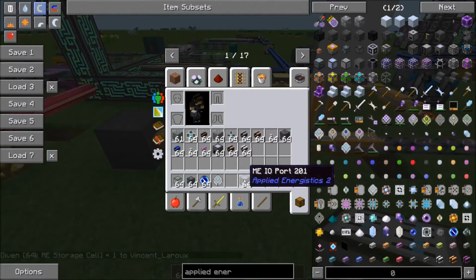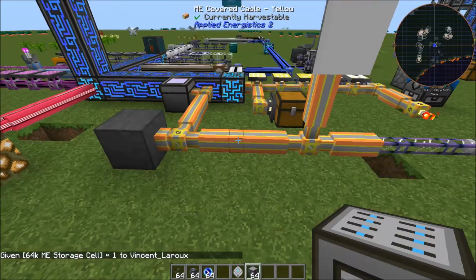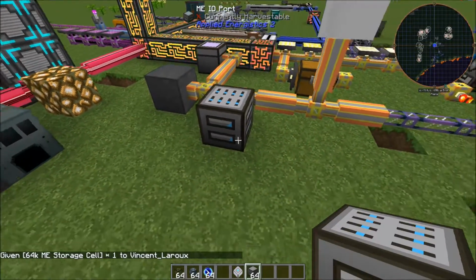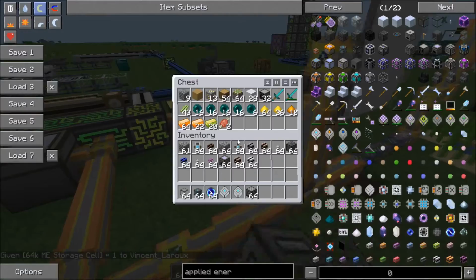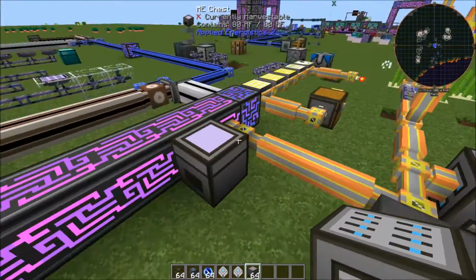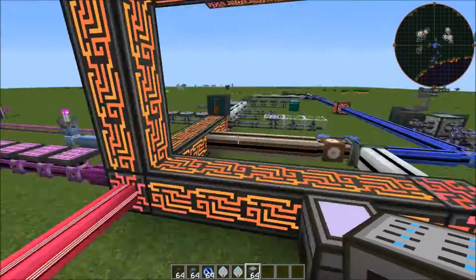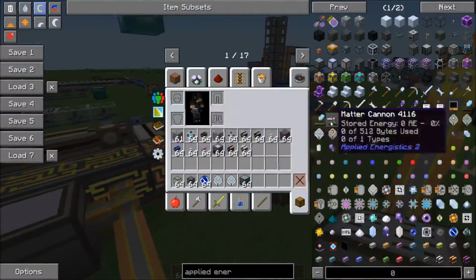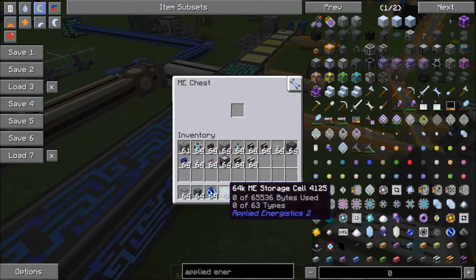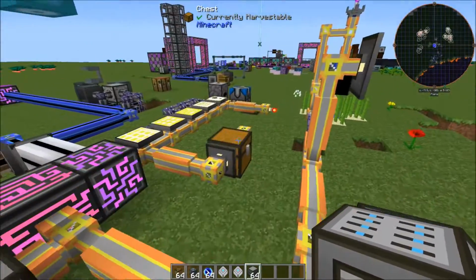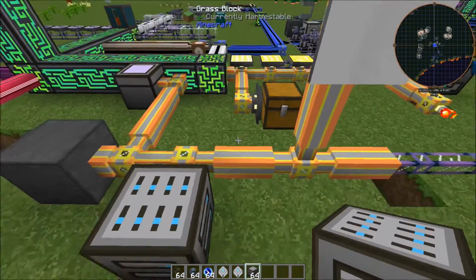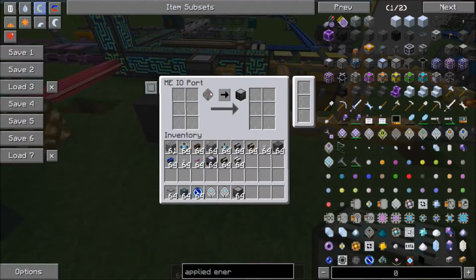But the way that the ME IO port works, it's really nice if you're wanting to load up cells or unload cells, etc. Now, for example, right now I have everything in a chest, and I don't want to have to manually move all that to the ME chest or pull it out and have to put it back in the system. So what I could do is I could set up, say I want it all in this ME chest, all the items out of that chest. What I could do, since I have a storage bus on that, I can come into this ME drive,